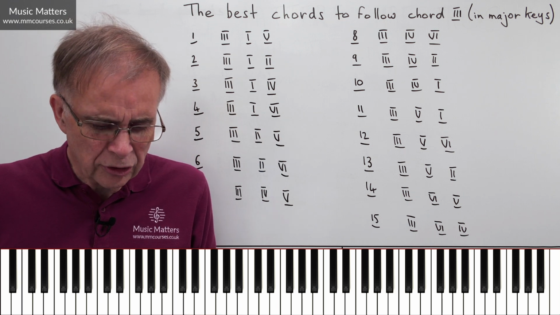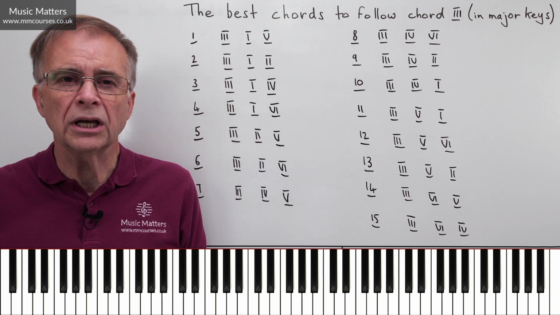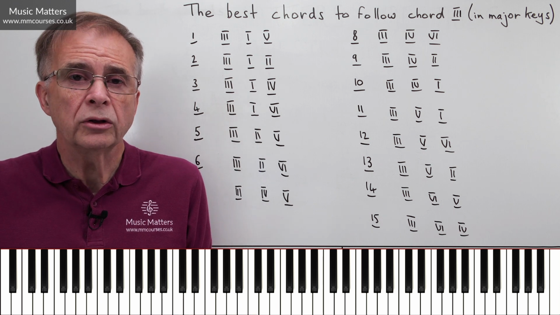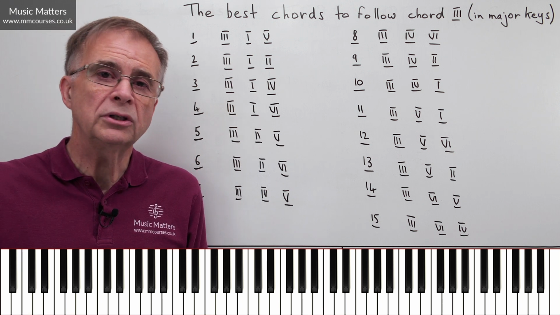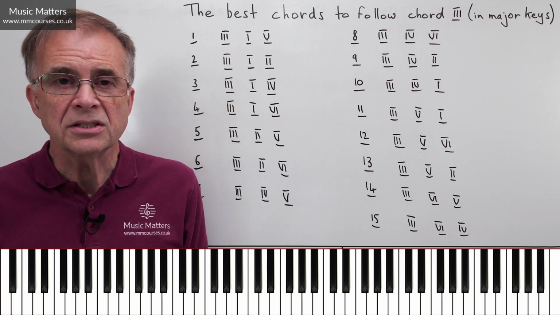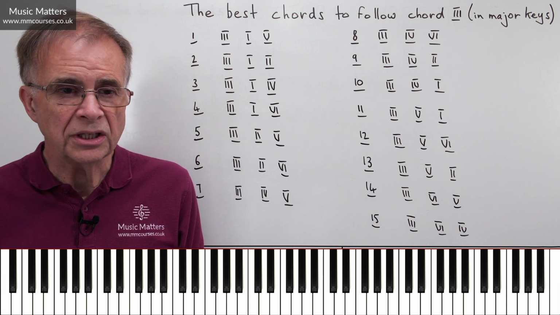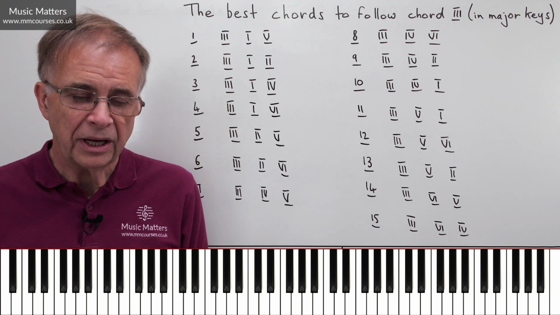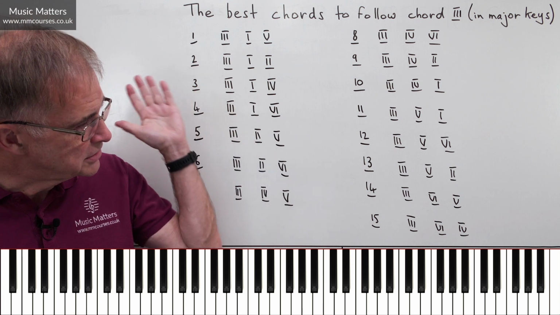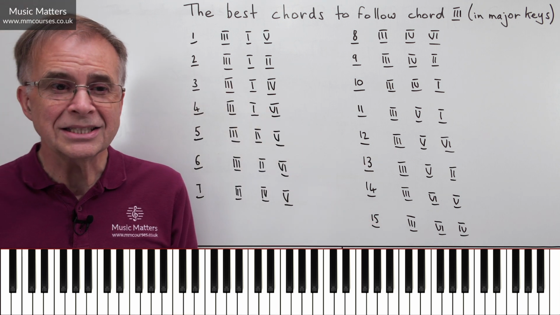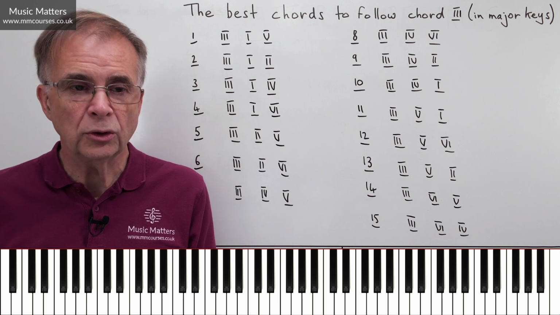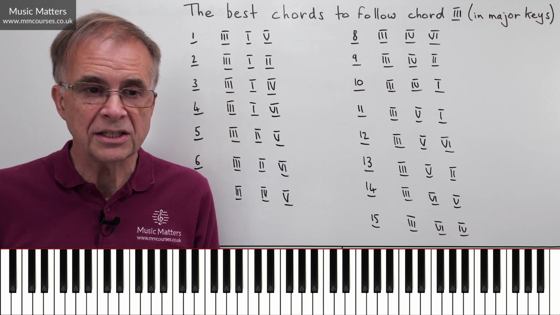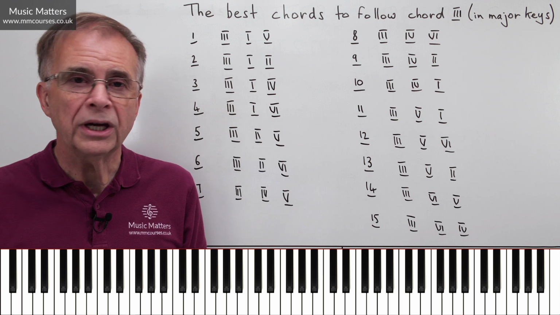And of the secondary chords, well, 3 is often regarded as the weakest, or the one that we're least likely to use. So lots of people avoid chord 3 like the plague because somebody told them that it's a slightly dodgy thing to do. Well, hopefully by the end of this video, you'll see at least 15 possibilities for starting with chord 3 and progressing to 2 other chords that would follow on quite nicely from them. So we're going to work through these.